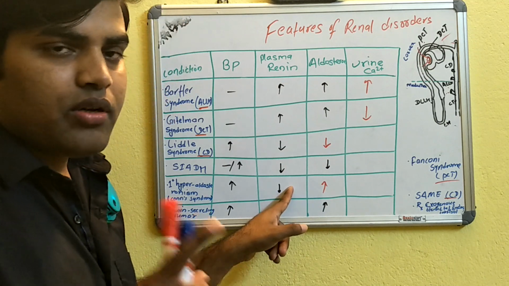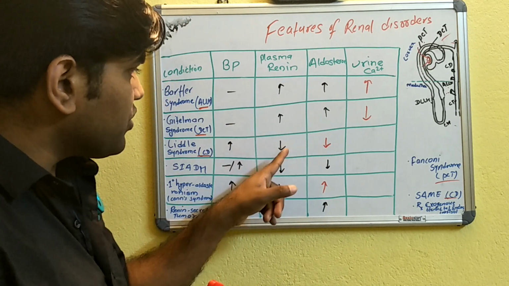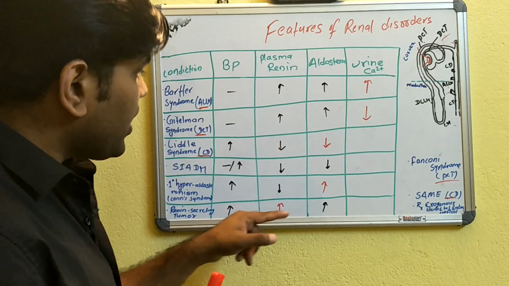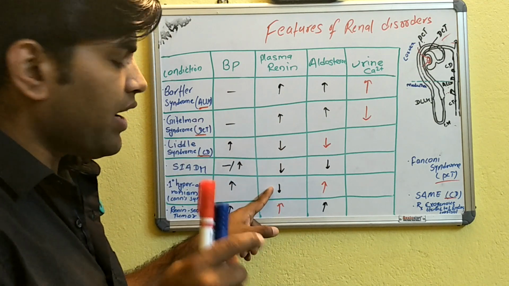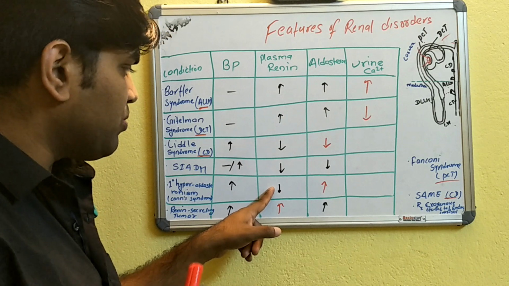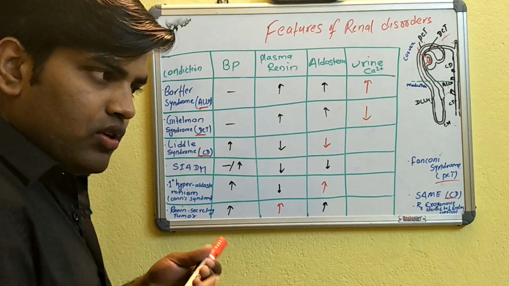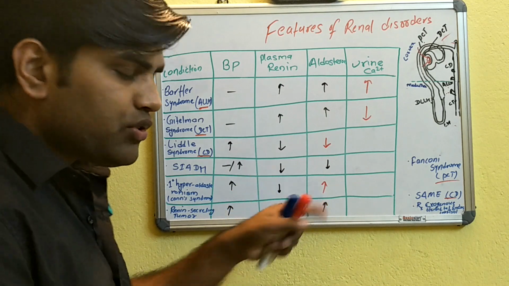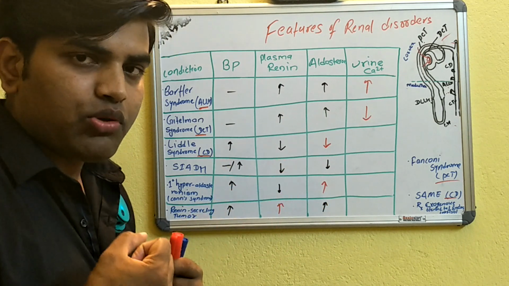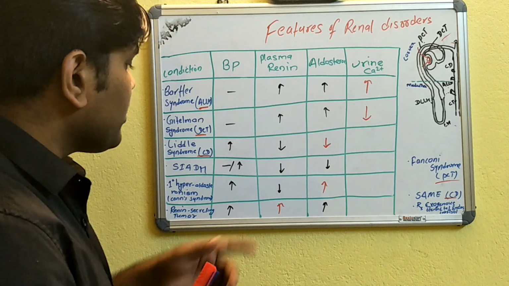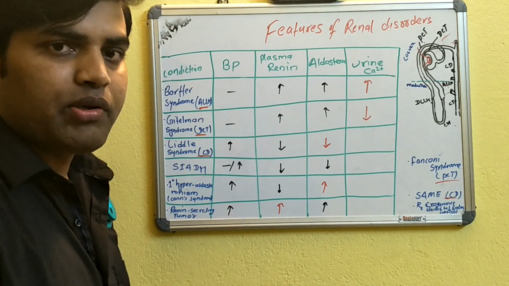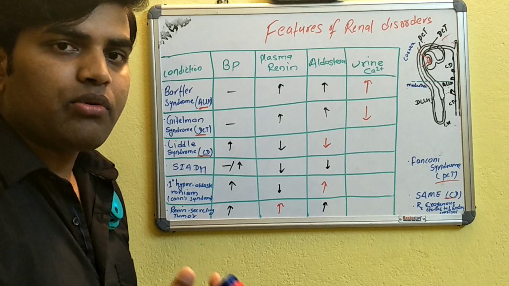There is no effect on the renin-aldosterone mechanism. Rather, it will inhibit the feedback. Renin will be decreased. That you have to understand. But BP will be increased. Why? Because when aldosterone is increased, the sodium will be absorbed more. Since sodium will be absorbed more, then BP will automatically be increased, because sodium and water will be reabsorbed